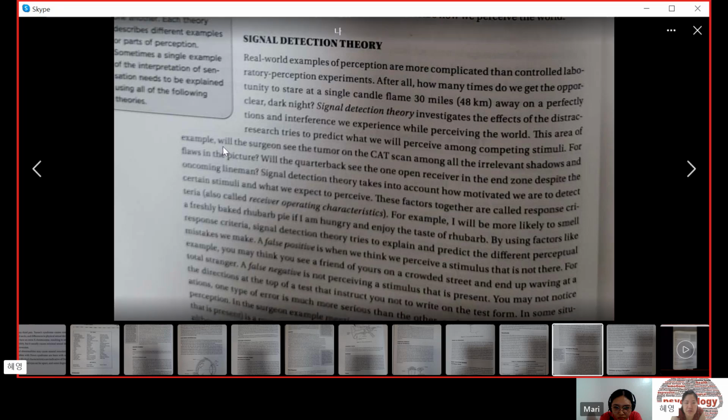For example, will the surgeon see the tumor on the CAT scan among all the irrelevant shadows and flaws in the picture? Will the quarterback see the one open receiver in the end zone, despite the oncoming